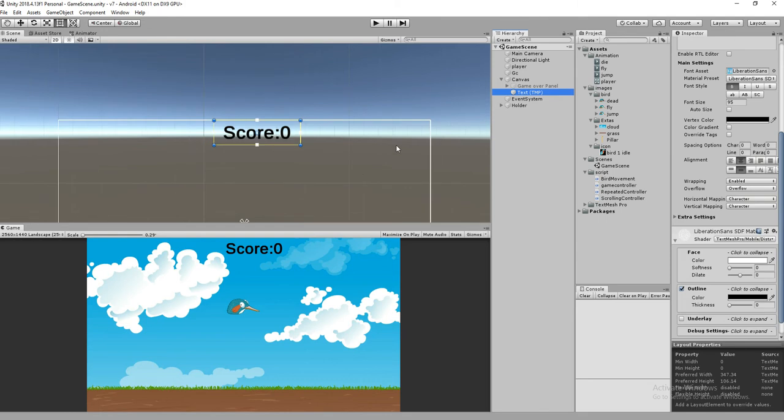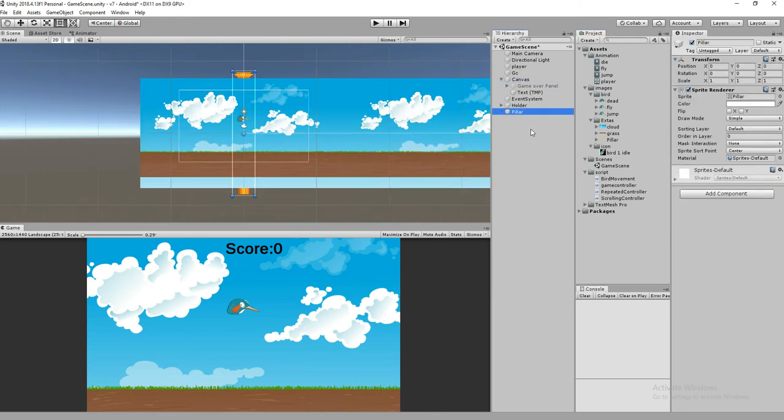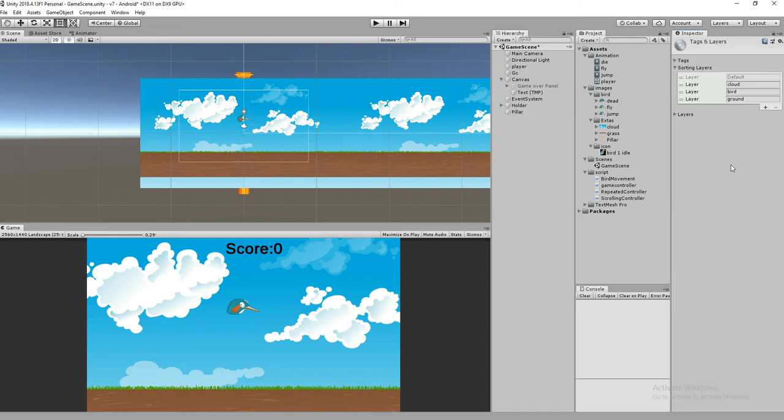So next what we are going to do is add a score system for whenever this object is trying to cross a certain obstacle. So let's create an obstacle system. Drag and drop the obstacle, and you want to change the layer of that obstacle to be between the clouds and the ground. So go to the sorting layer, add sorting layer, let's name it as obstacle,